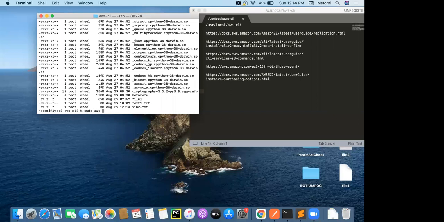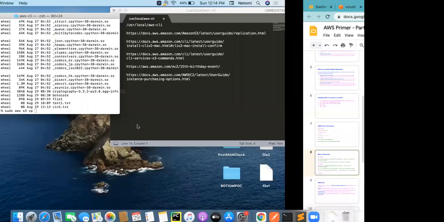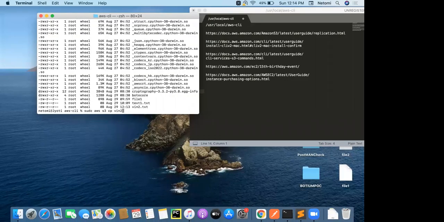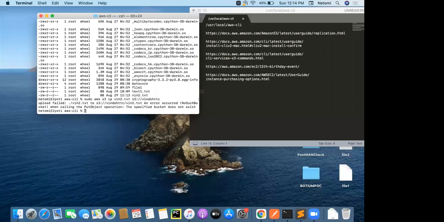Sudo aws s3 cp. File name, which is my win2.txt. Then the bucket name. The name of the bucket was spelled wrongly. Oh yeah, right.